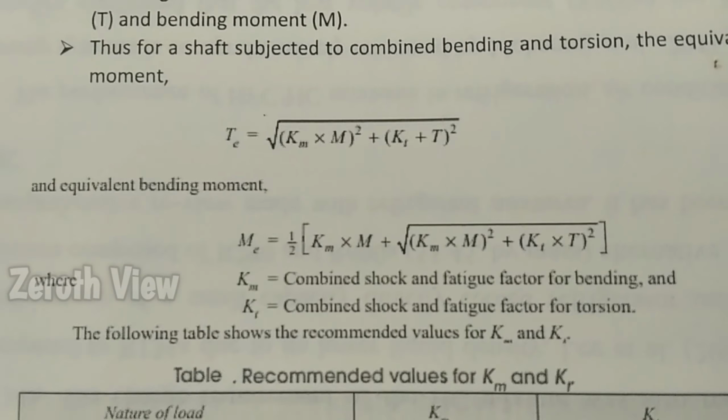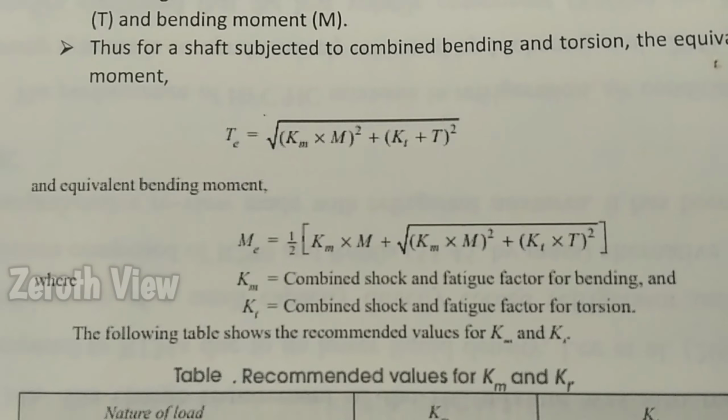The next one is shear stress, allowable shear stress tau equal to 42 megapascal, or else 42 Newton per mm square. And the next one is compressive stress, so sigma b equal to 56 megapascal, that is 56 Newton per mm square. So these are the given data which are available.